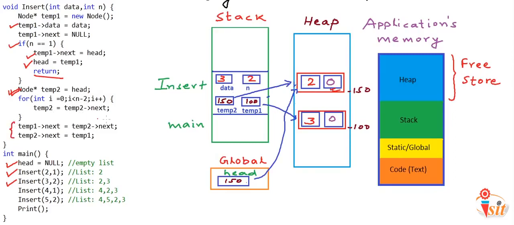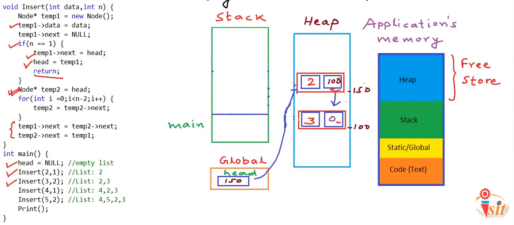The next of the newly created node will be set first, so we will build this link. Oops, no, temp2.next is 0 only, so even after the reset this will be 0. And now we are setting temp2.next as temp1, so we are building this link. And now this call to insert will finish, so we go back to the main method. So this is how things will happen for other calls also.